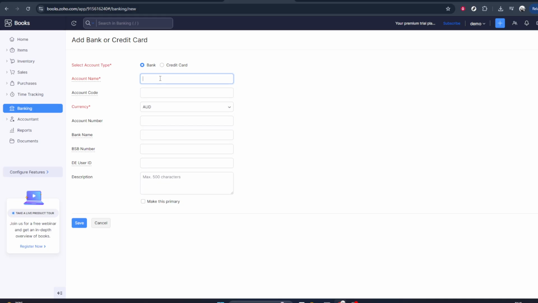Once you're in the banking section, look for the option that says Add Manually. This tells Zoho that you're not using an automatic bank feed, and that you want to set up a bank or credit card account by entering the details yourself. Click on Add Manually to start creating a new account in Zoho Books that will represent your real-world bank or